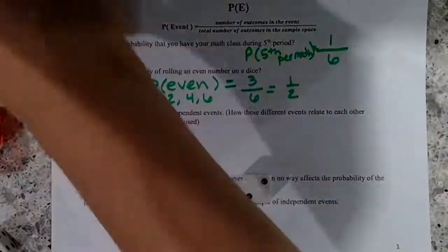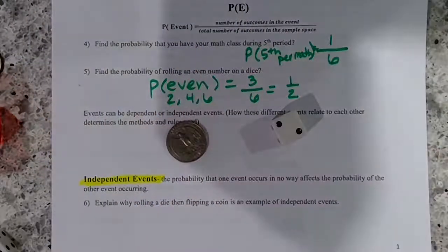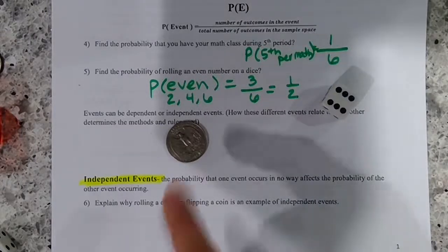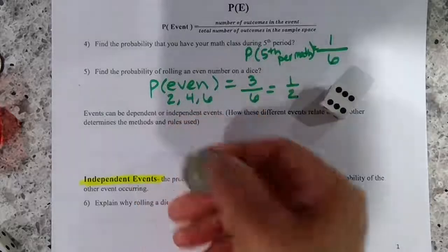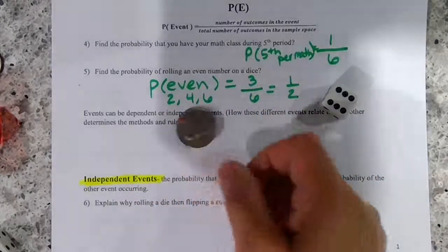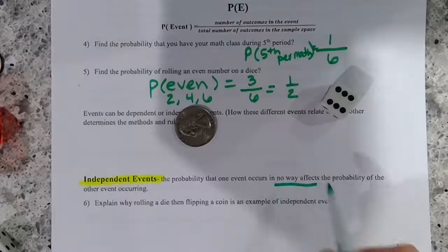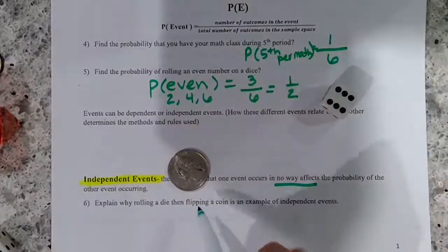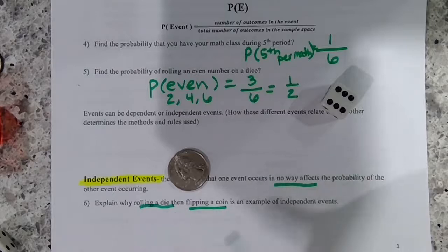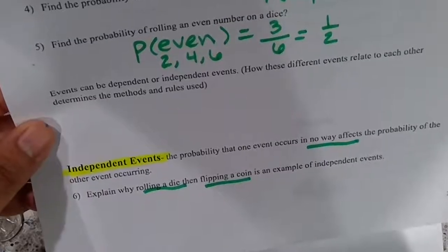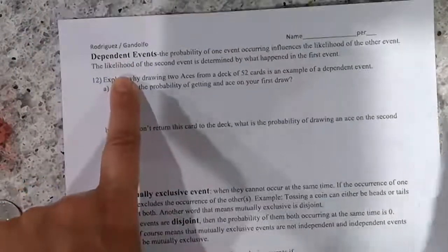So if I have a coin and a dice, if I roll a dice and I get a 6, it has no effect on when I flip this coin. Okay, that's an example of independent events. So independent events are when they have no effect on each other. Like flipping a coin and rolling a die. They are not related events. And we'll get to dependent events in a minute, but first we're back to